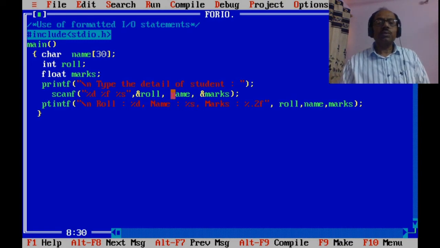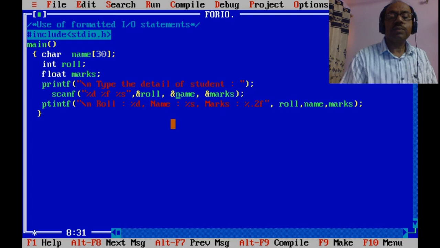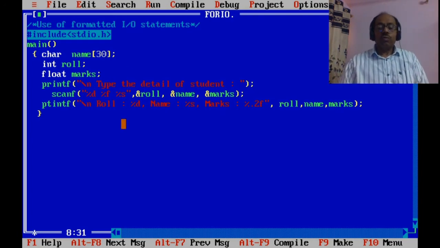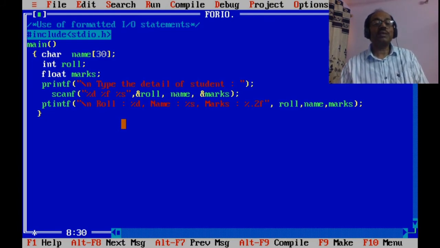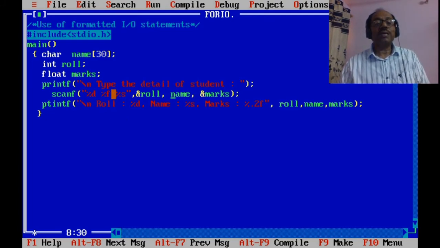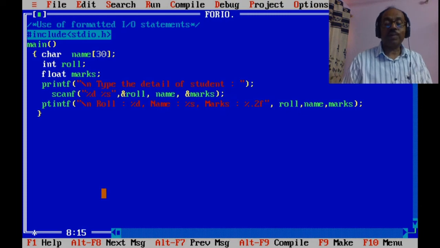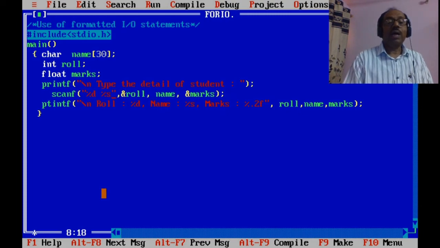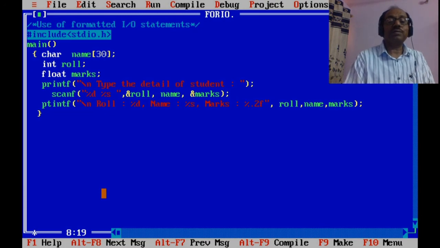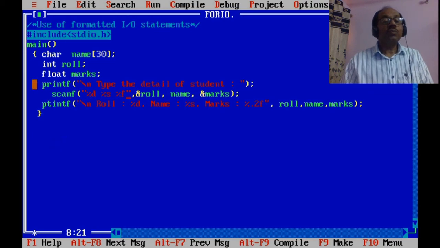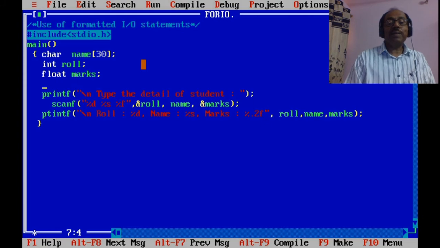Why so? You noticed what the mistake is here? The sequence has been changed. In second place we have the format specifier %s, and in third place we have %f. So it could not accept the values.